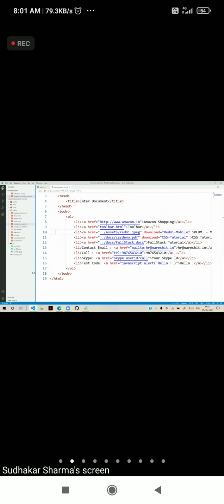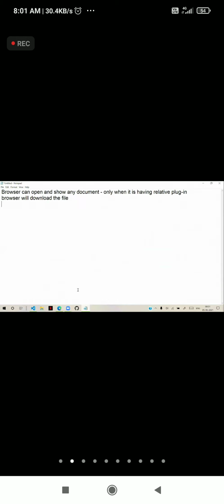Technically, while working with links, you have now seen two options. One is href as an attribute, and another one is download, to download. Now we have so many other important questions, like how we can open the link in a separate window, in a separate tab, or in the same window.